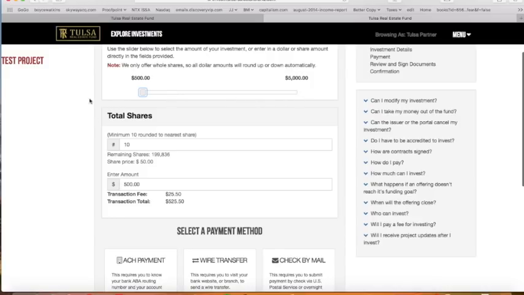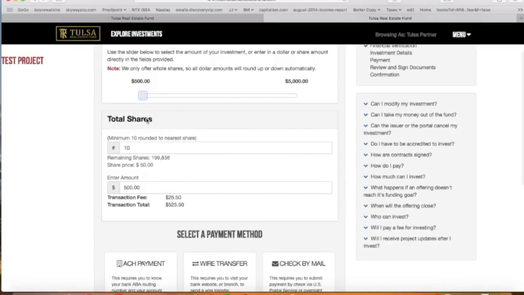And now let's talk about a transaction fee. When we started Tulsa Real Estate Fund, we wanted to create a unique, safe opportunity for our community to invest money across the board, but in a safe manner. With the goal of being safe and hugely transparent, we have implemented a transaction fee which allows everybody to be doubled and triple checked to ensure that no bad money or no bad actors are in the fund.